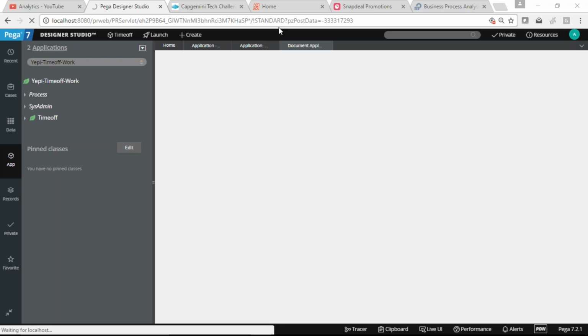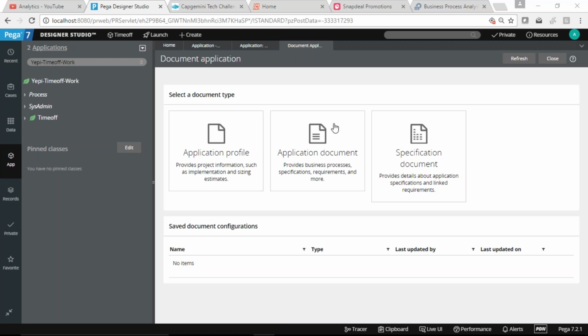Yeah, sure. Now you can see there are three types of documents we can create. One is called a profile, another is called a document, and one is the specification document. This is going to be created before we prepare the specification and requirement, when we want some high level estimation and want to send that to the respective team.